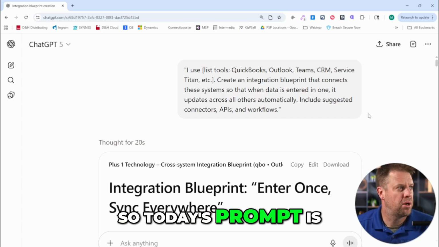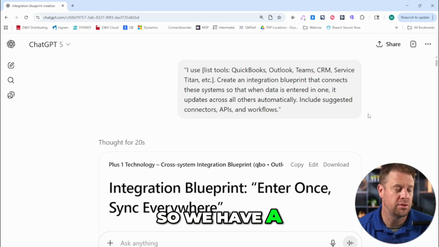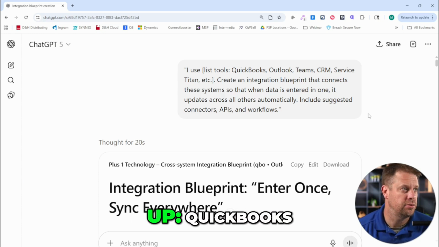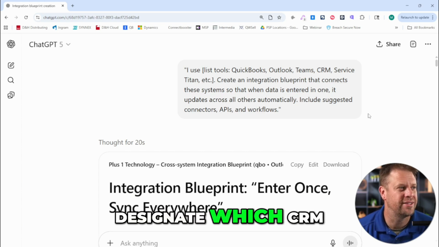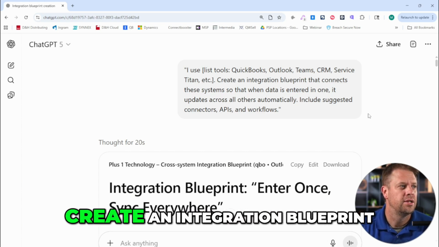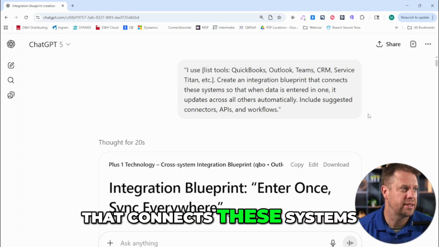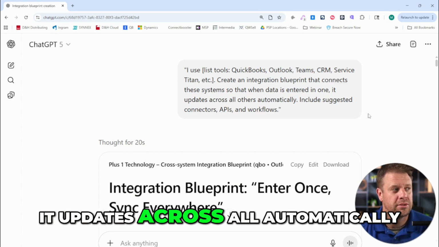So today's prompt is an operations one. So we're going to see, I use a list of tools. So we have a list of tools here that I just made up: QuickBooks, Outlook, Teams, CRM. I didn't even designate which CRM, and ServiceTitan. And I just kind of said, etc. Create an integration blueprint that connects these systems so that when data is entered into one, it updates across all